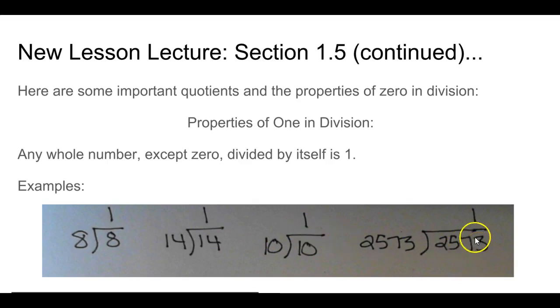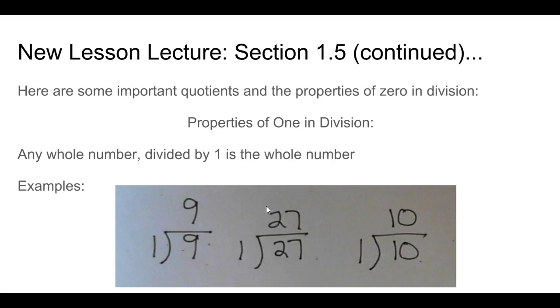2,573 divided by itself, 2,573, will always be 1. So just remember with the property of 1 in division, this property, that any whole number except 0 divided by itself is 1. Okay. The second property of 1 states that any whole number divided by 1 is the whole